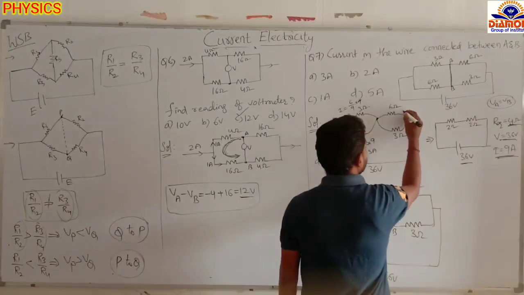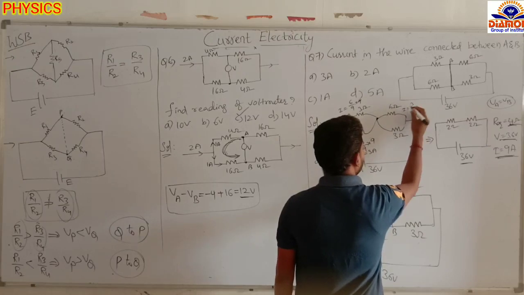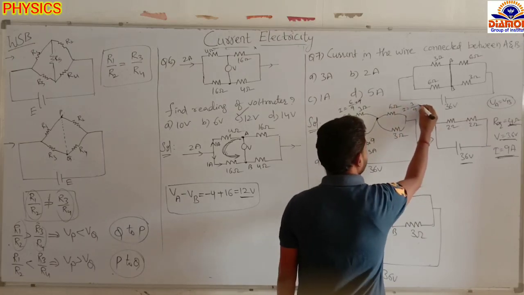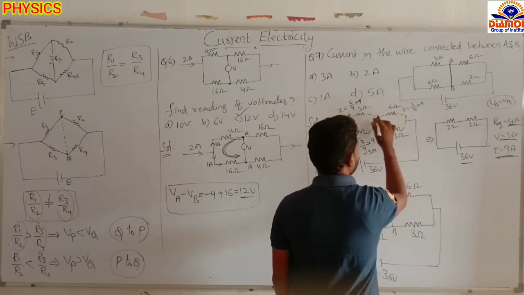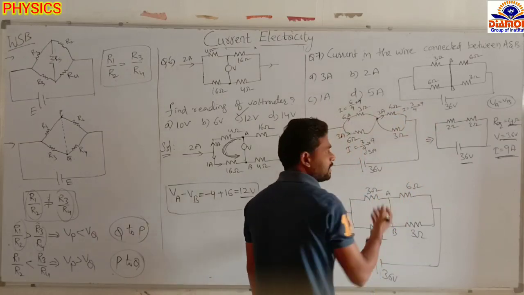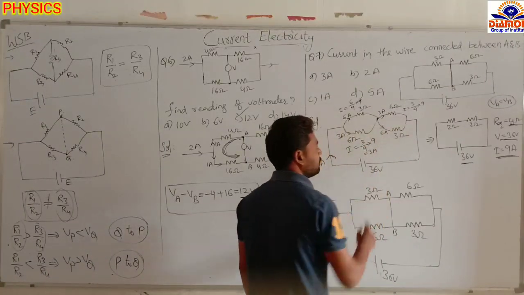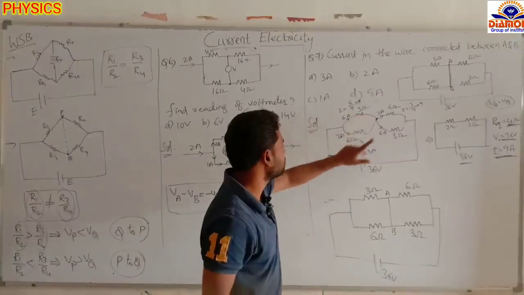So what is the current flowing through this one? We have to find I equals the opposite branch's resistance 3 ohm by total resistance 6 plus 3, 9, into total current, which is 9 only entering. So the 9s cancel, and here we are getting 3 amperes. Total 9 amperes entering. With 3 ampere here, here 6 amperes we can take directly. So like this, the currents are going.